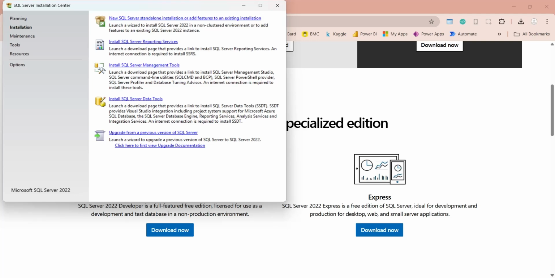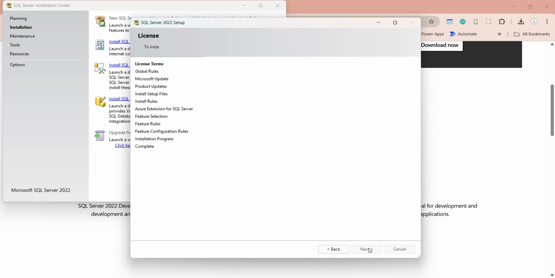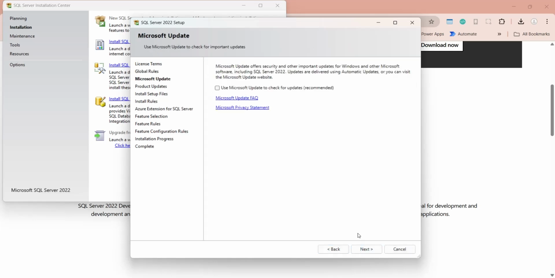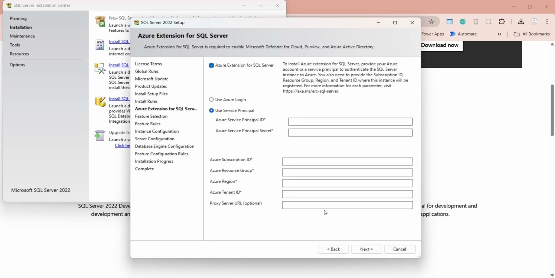After some time this window will appear, and from here you can choose different features and tools which you can install on your computer. So let's start with new SQL Server standalone installation. Accept the license terms, click on the next button, check the update option and click on the next button, click on next button. We don't want the Azure extensions, so click on the next button,